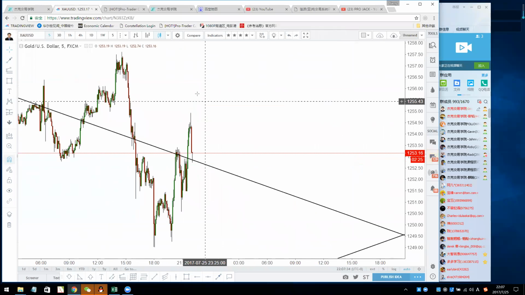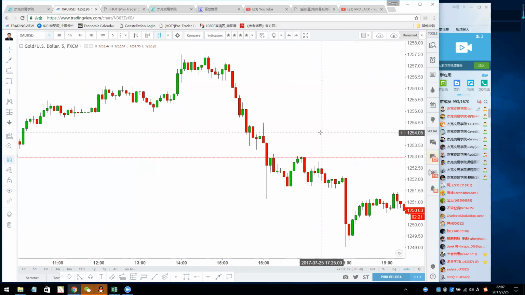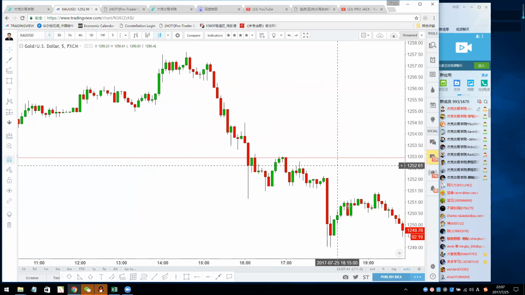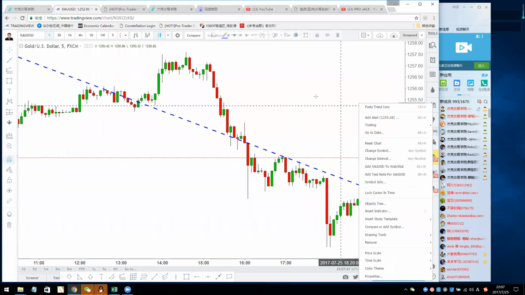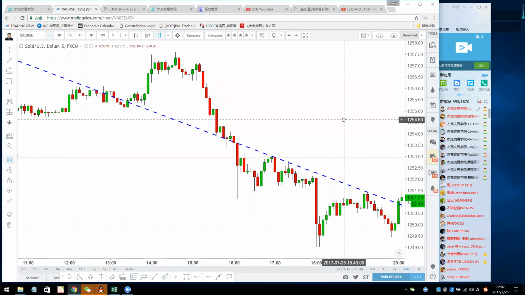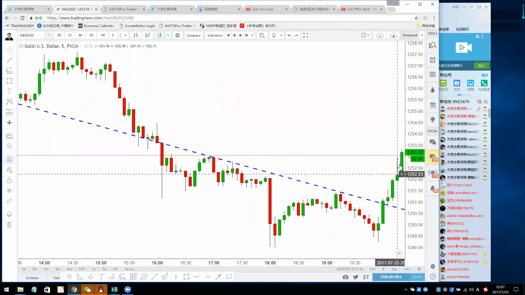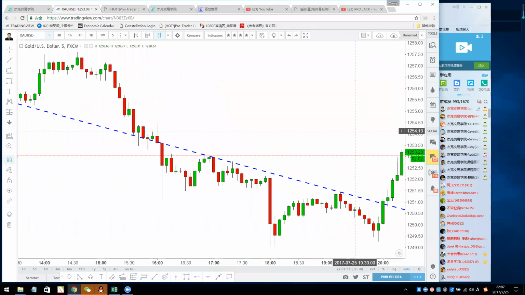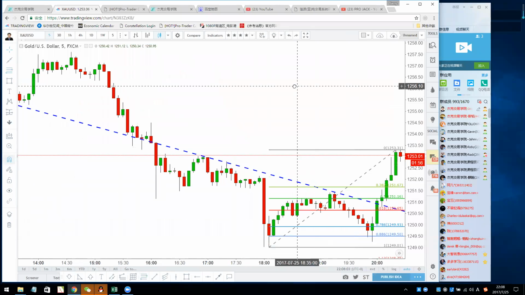Here, I say I need to because just 2 hours ago I had a webinar for my Chinese students. I'm telling people not to buy the gold until it breaks the channel. Okay, we see the break, we see the breakout, right? And then I say wait for the price to pull back. Where is the pullback place? You use Fibonacci retracement. Okay, find the 618.